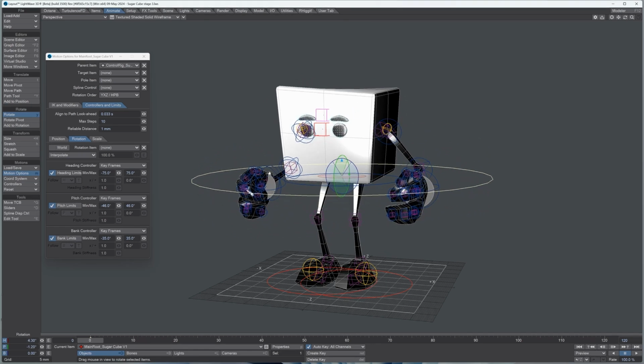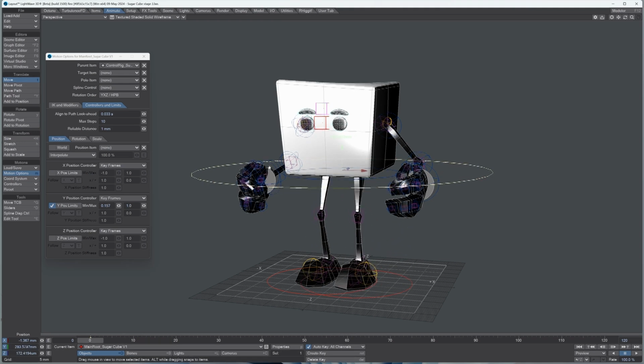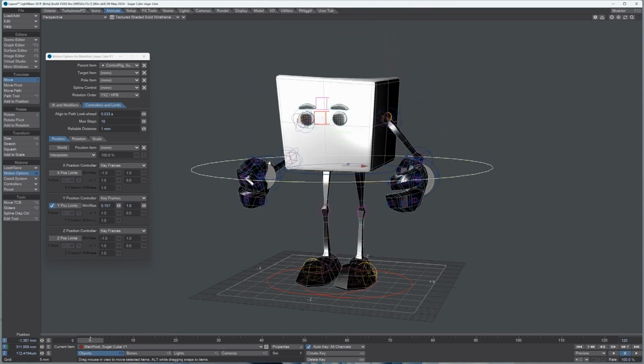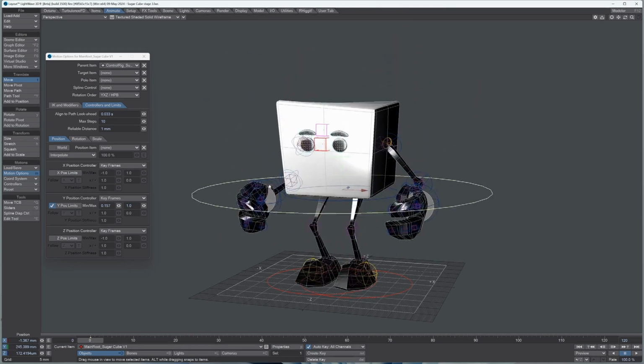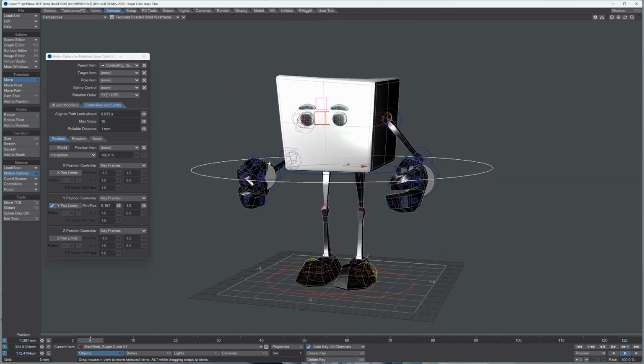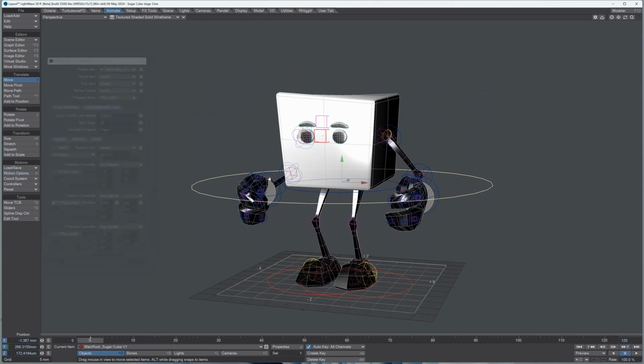I've also done the same with the legs. On the feet here, let's just turn that so you can see that. I think I've got that on position. I've just got it limited so they don't go into the body and they don't go down below the floor. So it makes it just a little easier to move. Second thing is obviously as you pull up the rig, it will stay and point down to its feet connectors, but it makes it very easy if you set it up like that to do the basics of your animation and gives you the ability to very quickly